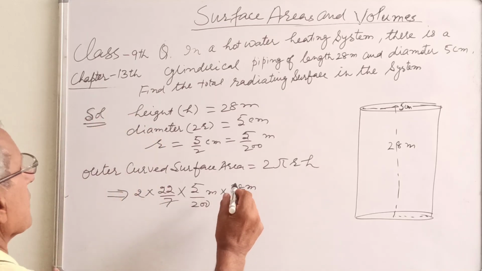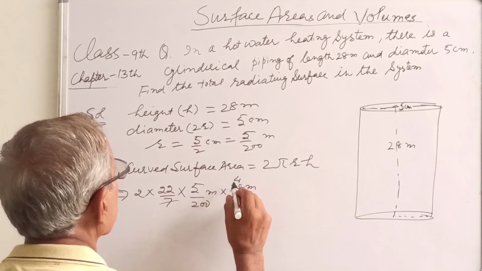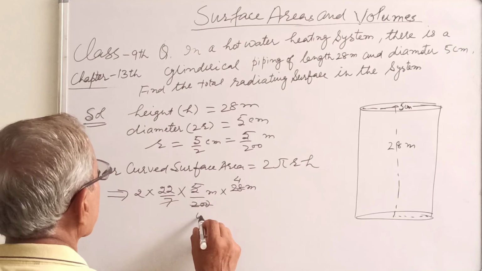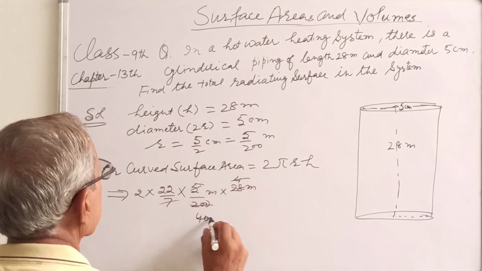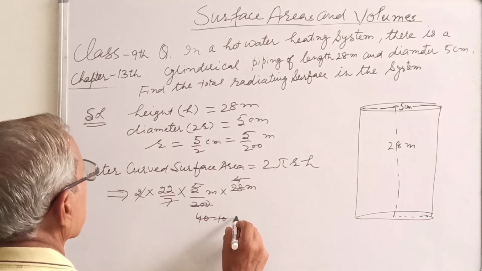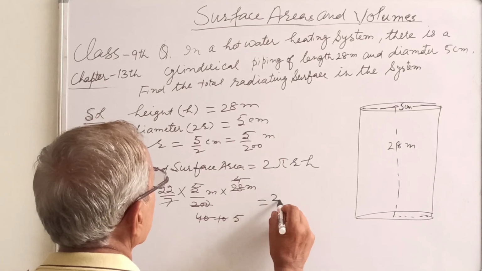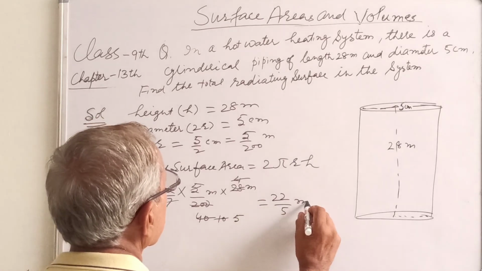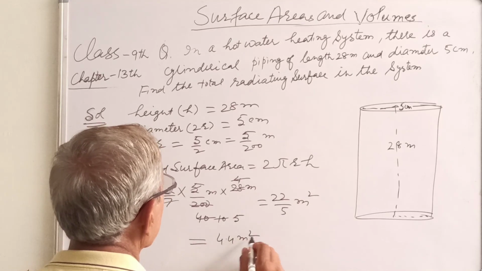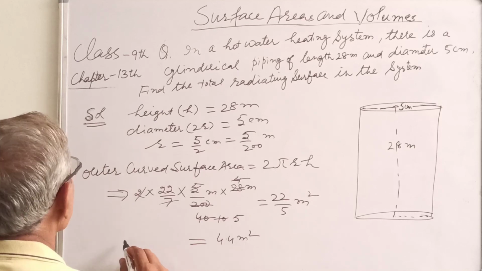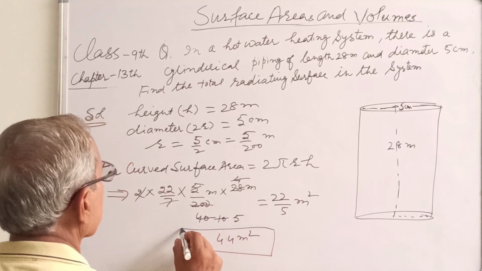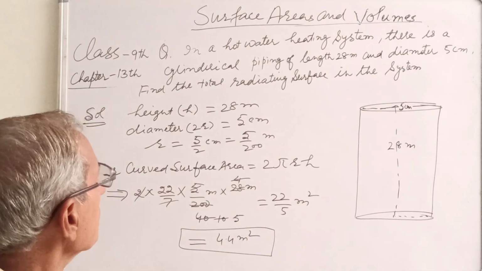सेवन से 28 को cancel किया 4, 5 से 200 को cancel किया 40, 4 से cancel किया 10 और 2 से cancel किया 5, that is 22/5 meter square, 4.4 meter square. So that is the answer. The total curved surface area is 4.4 meter square. That is the total radiating surface